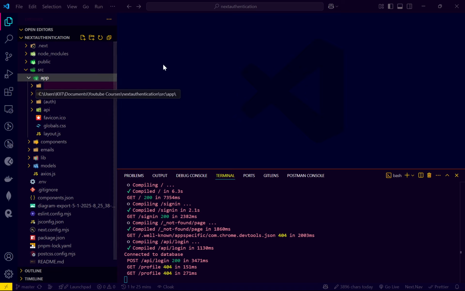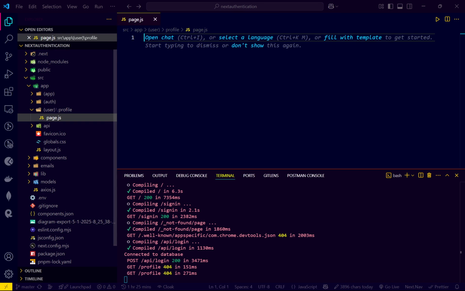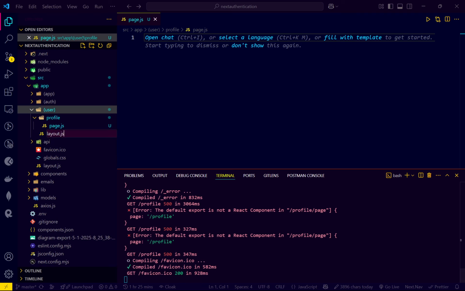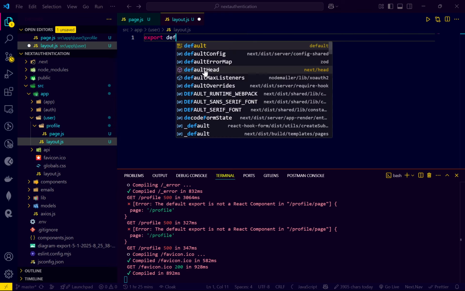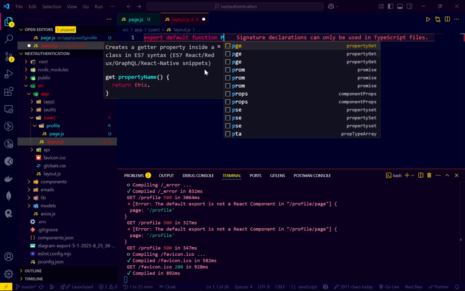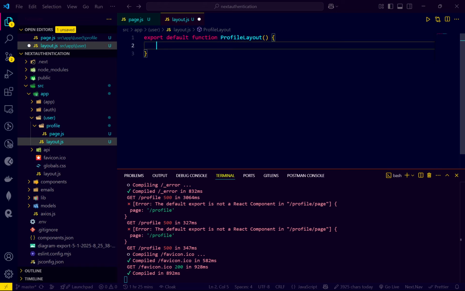we will create one user route group, and inside that, let us create one profile folder. Profile, then we'll have a page.js, and let us also create a layout.js file. Export default function ProfileLayout, and here I will get the children,